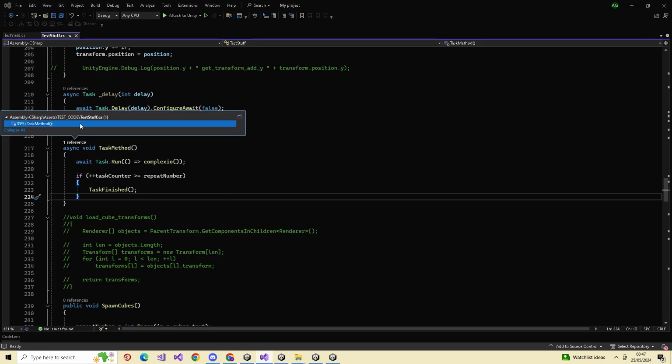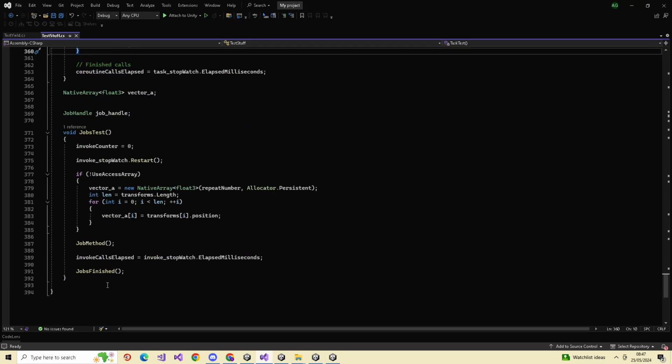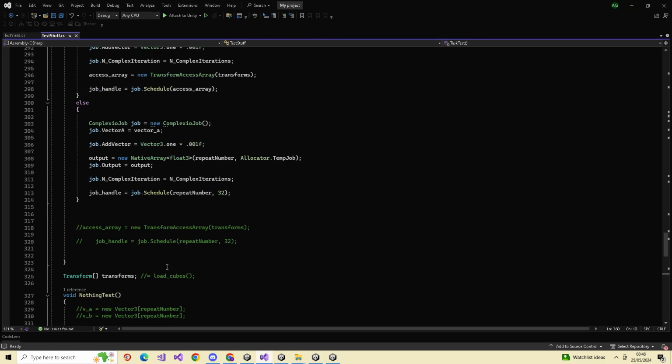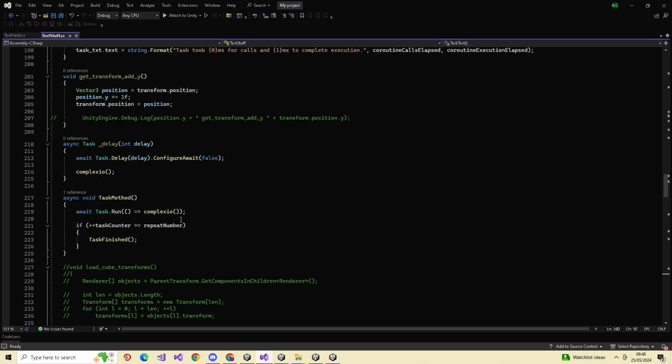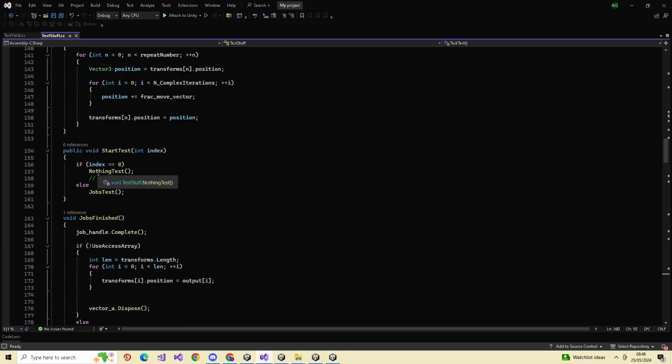Task method, where's that called from? Task test. I've still got a task test. Okay, I could probably do this. So rather than that button there, we would go to here. And yeah, let's just comment it out. Then we can go back to the task test and maybe compile that.